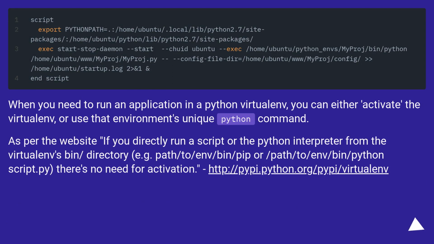When you need to run an application in a Python virtualenv, you can either activate the virtualenv or use that environment's unique Python command. As per the website, if you directly run a script or the Python interpreter from the virtualenv bin directory, for example, or script.py, there's no need for activation. This URL